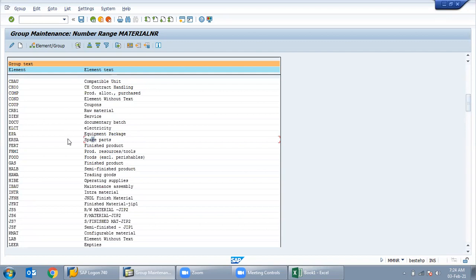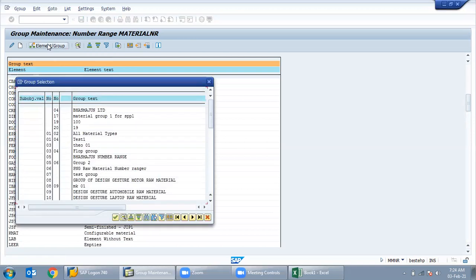Suppose this is our material type, ERSA, that is a standard. So ERSA I have taken from here, and just click on ERSA, that is our material type, and click on assign element group.